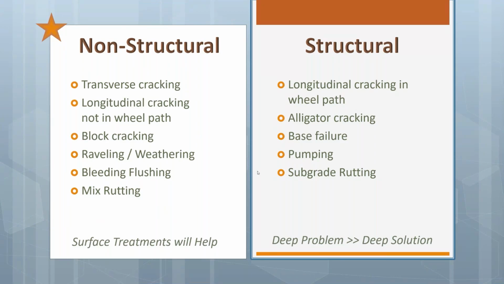And then we might see things like raveling or weathering, bleeding and flushing, maybe mixed rutting, and all of those things are really items that tend to respond well to surface treatment. So we can do something at the surface level to fix those problems. On the other hand, if we have structural failures, that's something that indicates that the problem is much deeper within